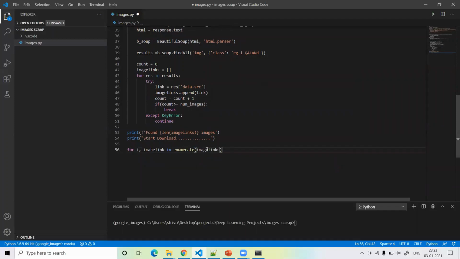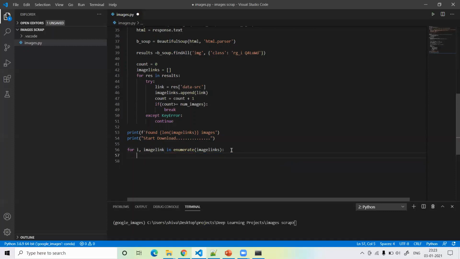I already defined this, image links. So then what can we do? We have to write for i, image link in enumerate image links, guys.